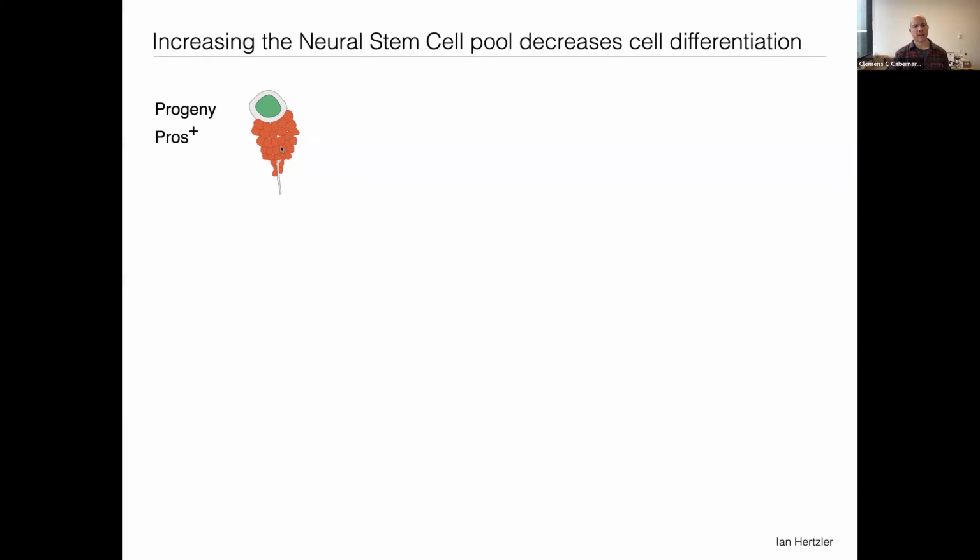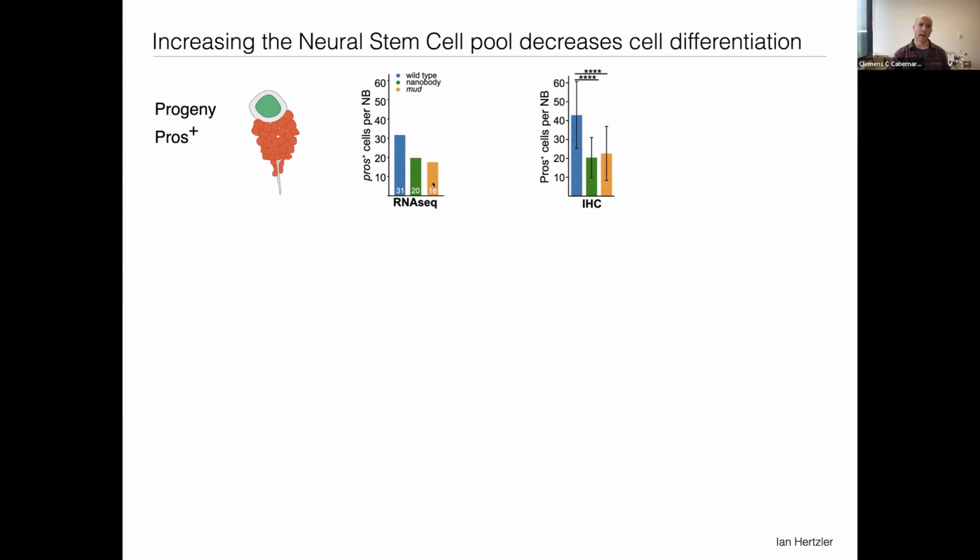All the sibling cells that are being produced by the parental neuroblast or neural stem cells should be prospero positive. Comparing RNA-seq data with immunohistochemistry, we counted lineage by lineage how many prospero positive cells are being produced by a parental neuroblast, and the numbers correspond very closely